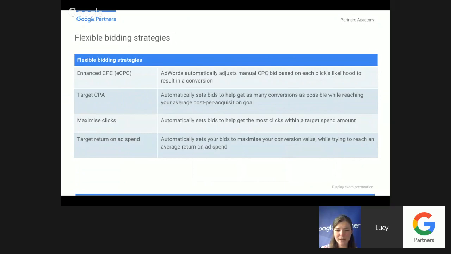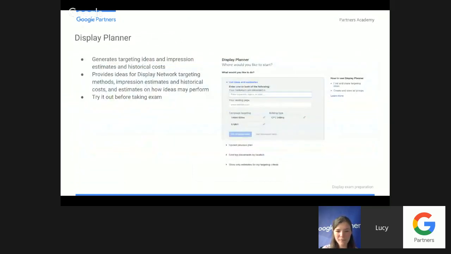Next bit we're going to talk about is the display planner. There's quite a few questions about this again, and if you haven't used the display planner, it's worth setting up, if you haven't got one already, a dummy AdWords account that will allow you to